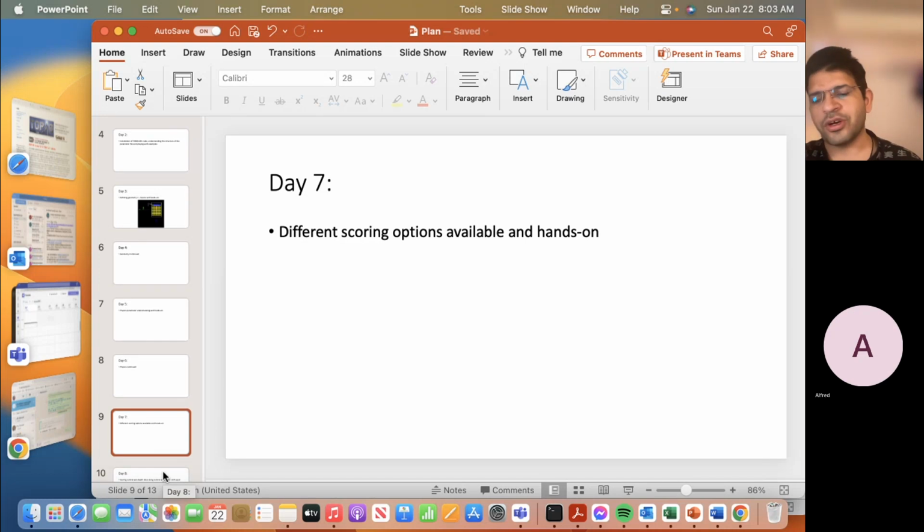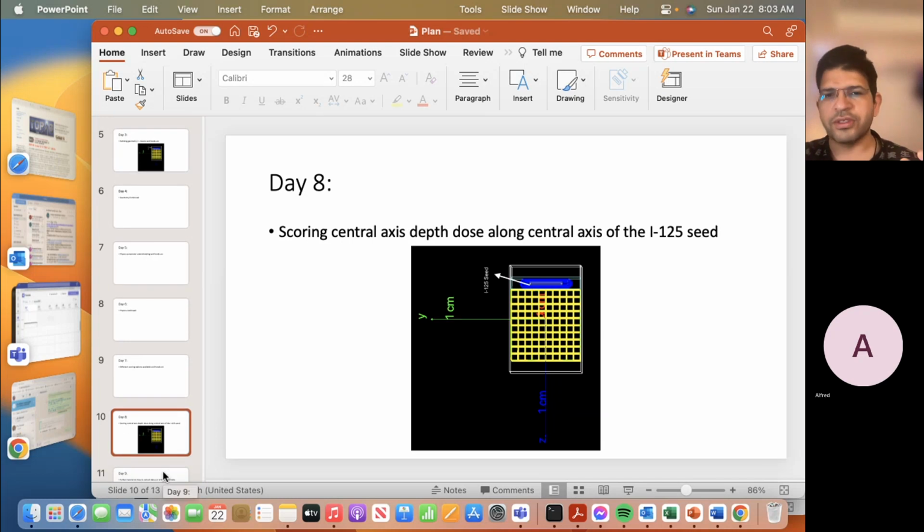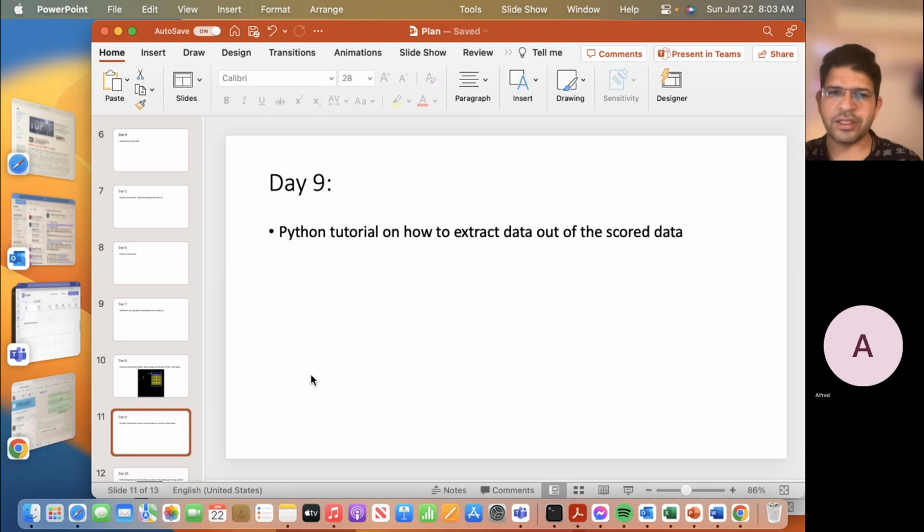Then we will talk about different ways of scoring. Scoring means what you want to calculate, whether you want to calculate the central axis depth dose, lateral axis depth dose, or dose color wash, or what kind of output you are expecting or want to get. So we'll work on that on day 8, and then day 9 and day 10 I have divided them into